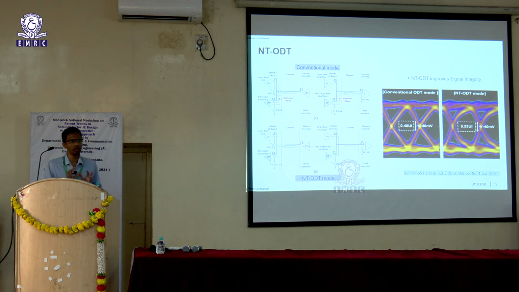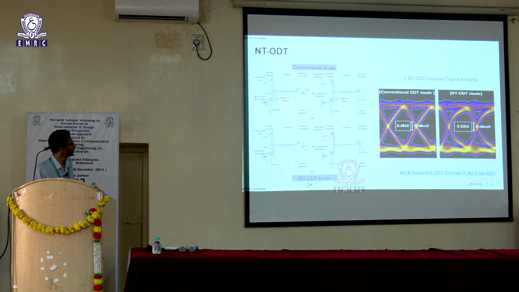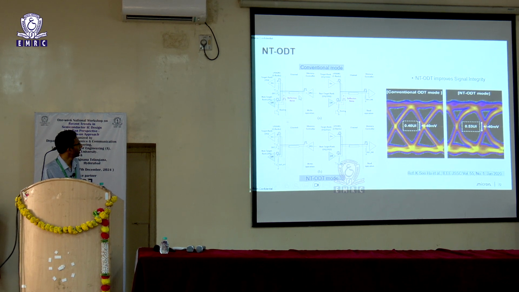As I said, on-die termination is needed for supporting high speed of operation. So let's take this example. This is your driver, this is the controller or CPU driving some data into your memory. You are doing a write operation, and this is your memory. These are two different memory chips. So this is the non-targeted rank, and this is the targeted rank. If you remember at the start of this talk, we talked about two different ranks being enabled on a DIMM module. So in order to improve your memory capacity, we can have multiple ranks. In such a scenario where you have multiple ranks, you have the same data bus tied to both the ranks. And now this is the targeted rank.